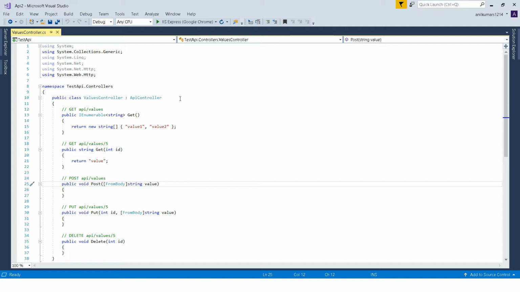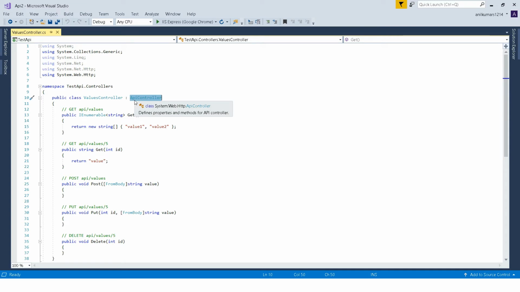It can be called action methods, and the name of a controller should end with controller. So the values controller, the name is ending with controller, right? So you are seeing that, right? So this controller is implementing ApiController.